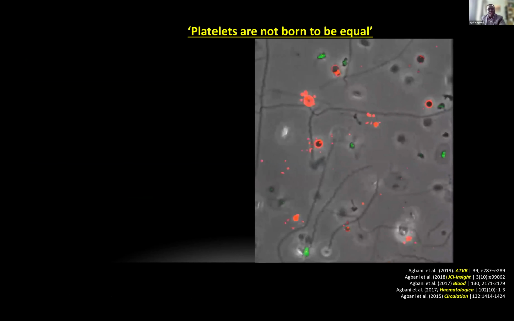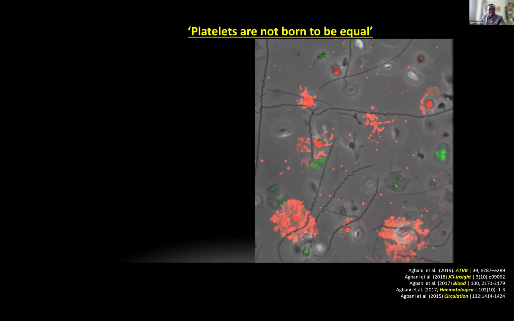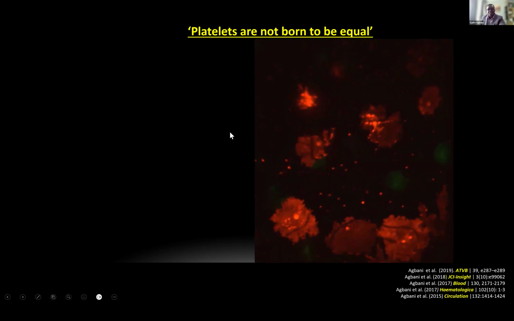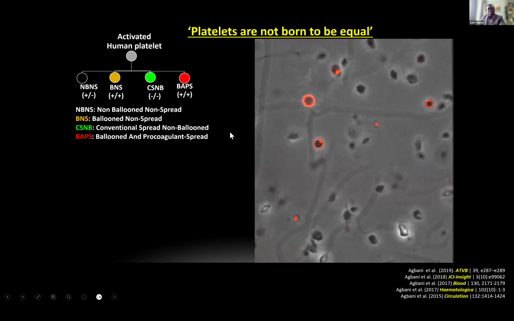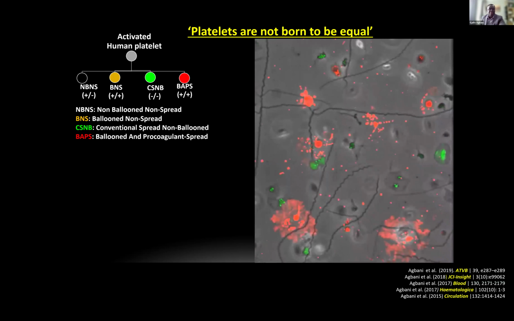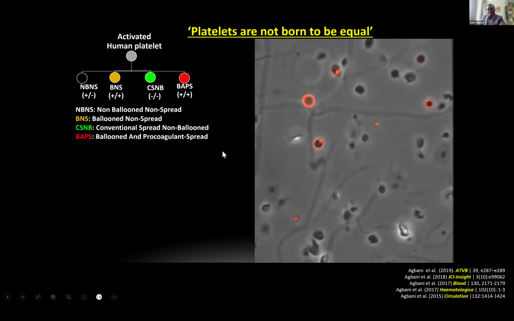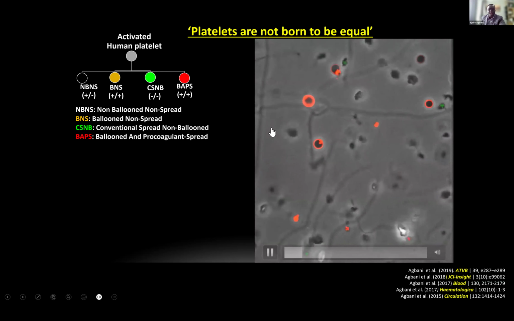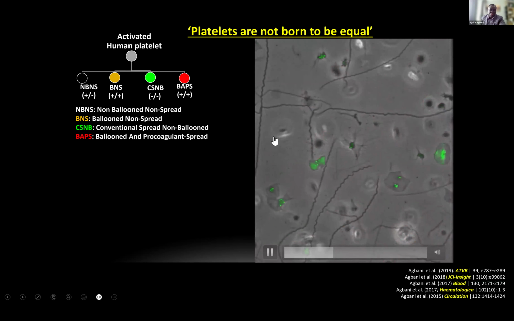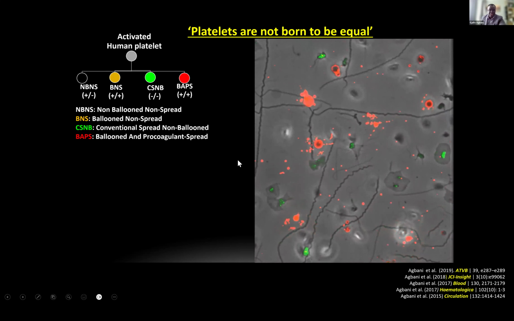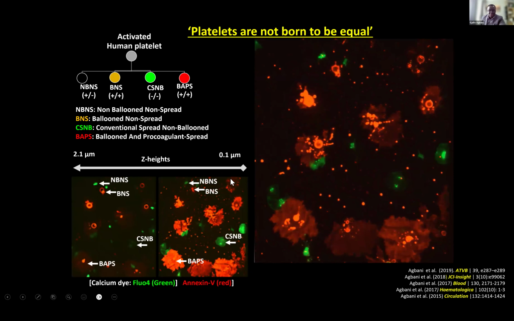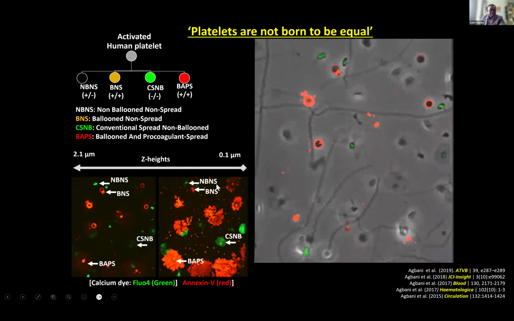Now another observation that we made is that platelets are not born to be equal in their hemostatic response, especially after exposure to sub-endothelial collagen. Under this condition, they can form at least 4 different phenotypes that we believe are distinct in function. To be able to visualize this, I'm switching from bright field mode to fluorescence mode, and at the same time, I'm going up and down in Z section. So I hope you'll be able to catch these phenotypes as I now try to describe them. So if you could follow me as I do that.